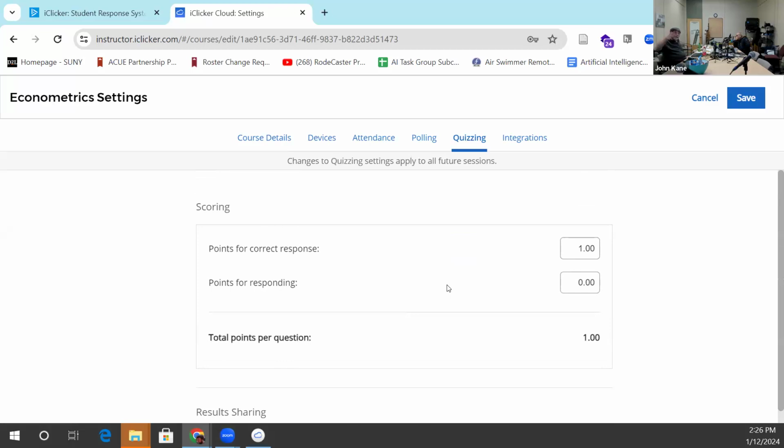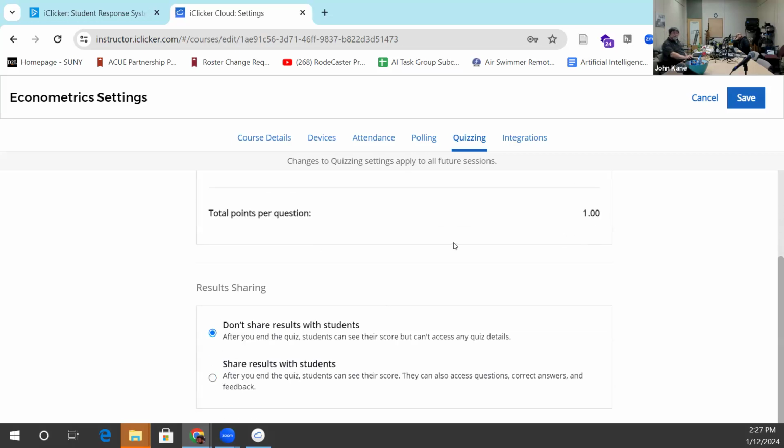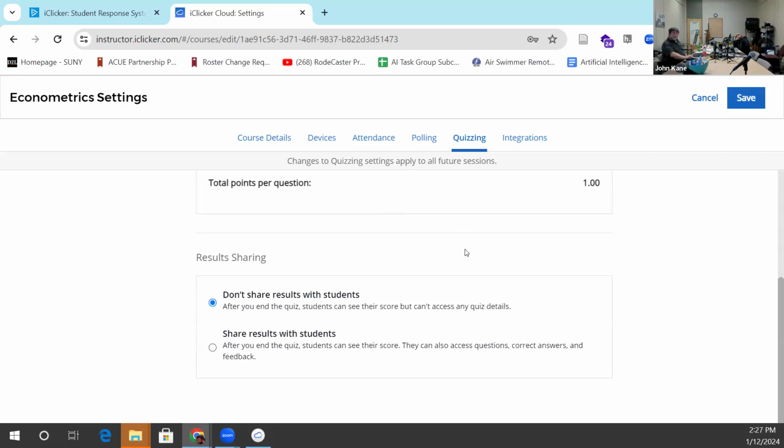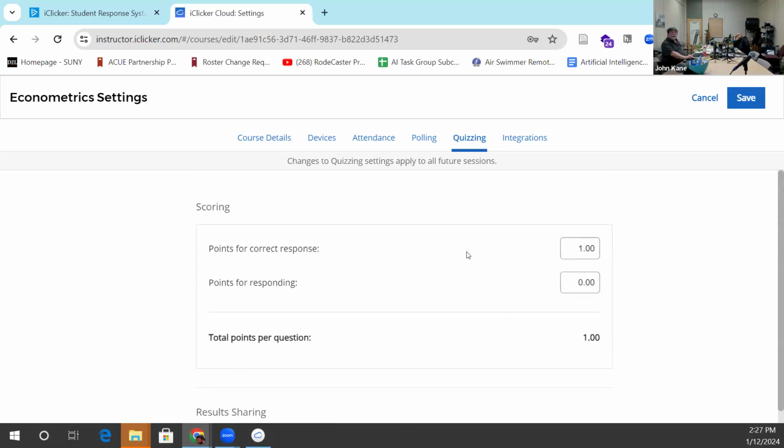But it does have that capability where you can put a quiz, and you could do that at the start of class. Instead of doing one question, you might have a set of 5 or 10 questions that students would work through, and that could be done in iClicker where they just go through it sequentially. And again, it's the same number of points, and you can either share the results for it or not share the results with it. I don't do that, so I'm not sure how that works. Okay, so